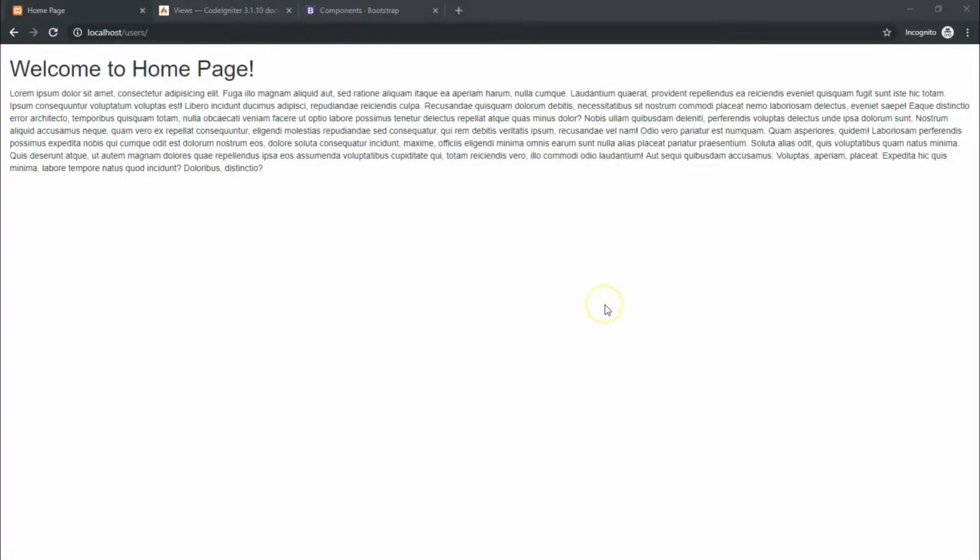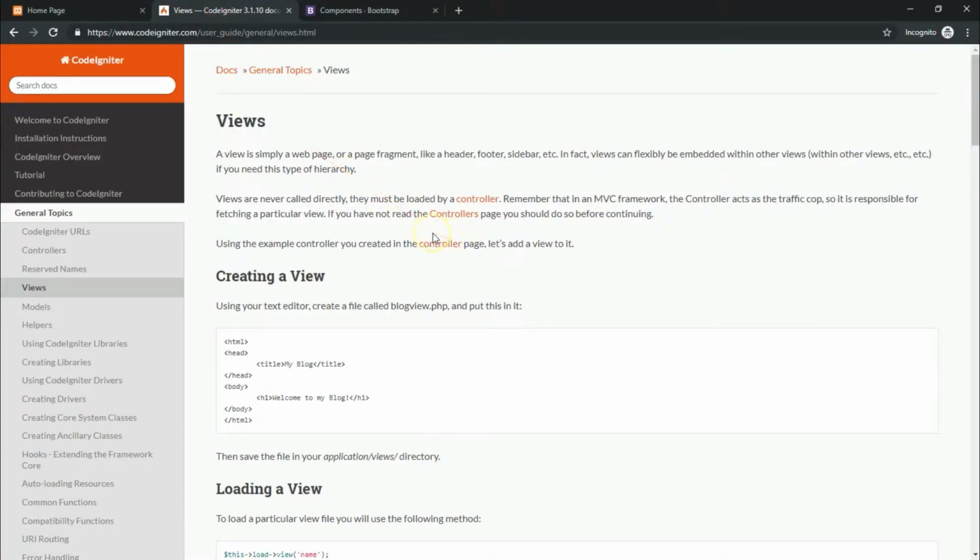Now that we are done with the basics of views, I think it is time to tackle fragmented views. So in this lesson, we will be creating a fragment of a single view for us to load other views. For example, in one page, we can divide it into different parts. But before we continue,